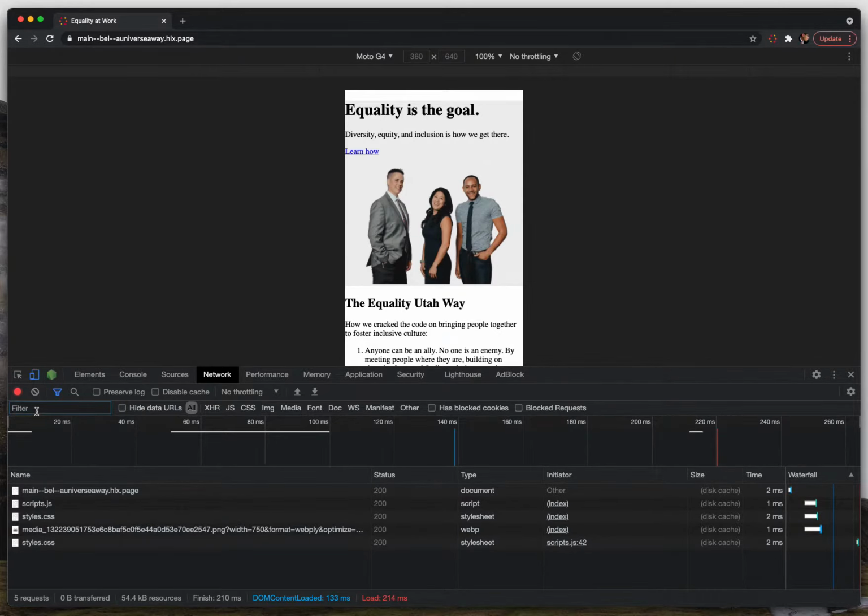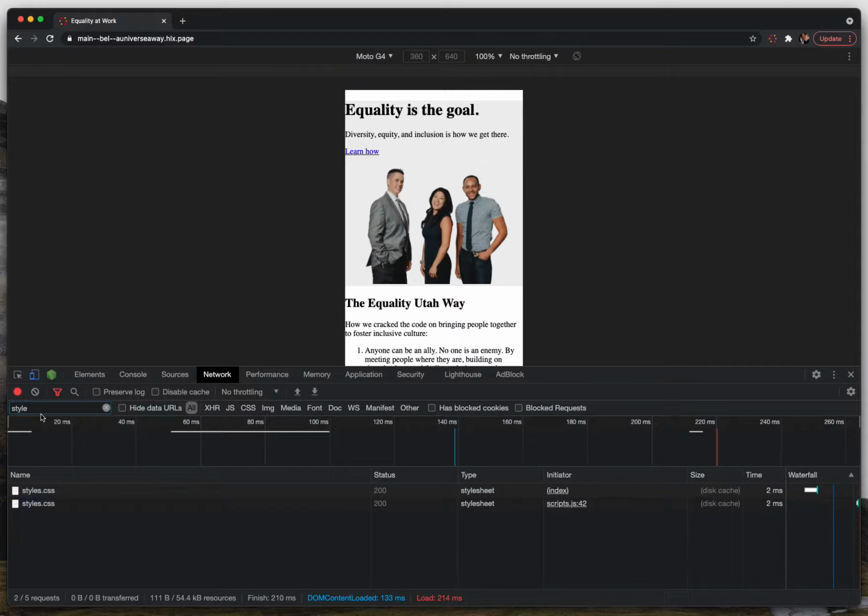But if we want to filter it, we can see styles, and if we hover over this style, we can see that these are just our regular styles. So this is like body and things like that, basically our page styles. And then we have, of course, our block. This is the home hero, which is being loaded. Now what's interesting is if we scroll down,